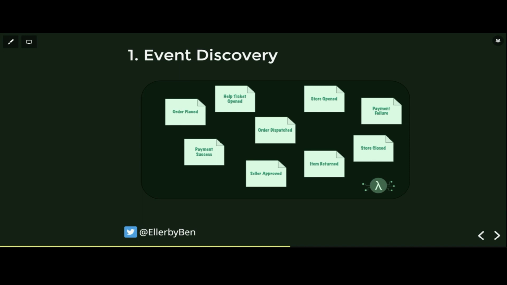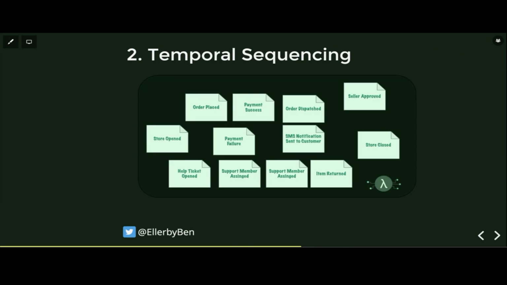So basically putting these post-it notes, not focusing on grouping, not focusing on sequencing, really just getting everyone in the room to participate, putting events onto the board. This can take an hour, this can take a bit longer, and this is generally done in person or using an online collaborative tool, but everyone should be contributing, and it's really not focusing on cleaning up, just focusing on getting those events onto the board.